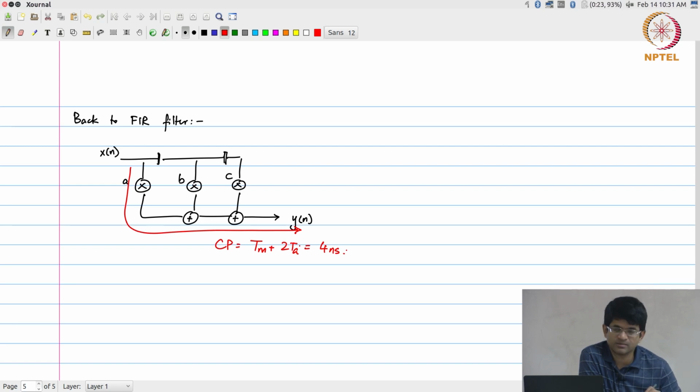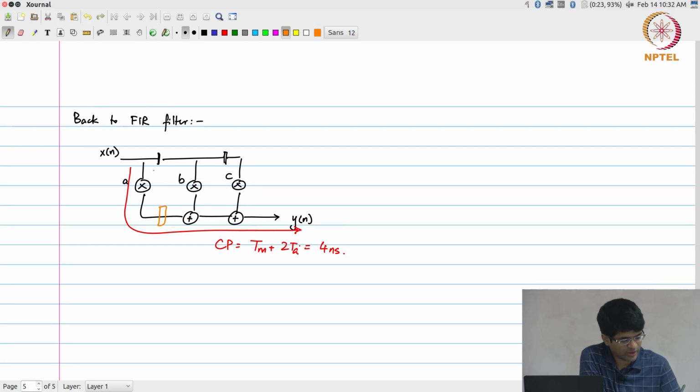And the question that I am interested in asking at this point is, is there any way I can reduce that critical path? The obvious way to think of reducing it is, after all, what is the definition of critical path? It is the delay from the output of some register until the input of some other register. So, if I could introduce some other registers in the middle of this critical path, let us say for example a register out here,